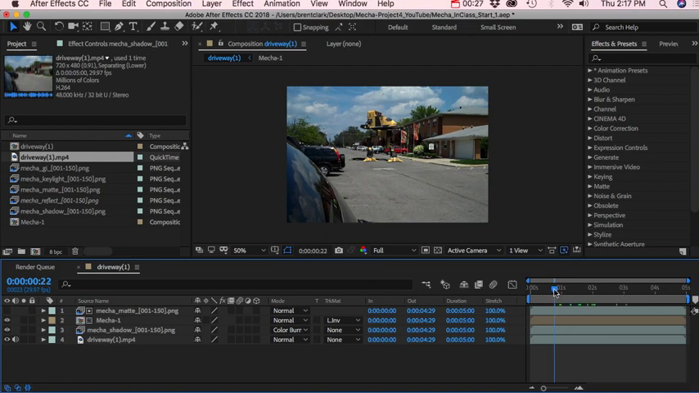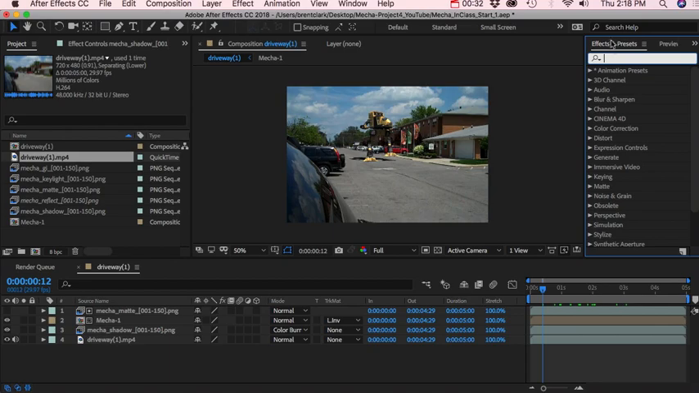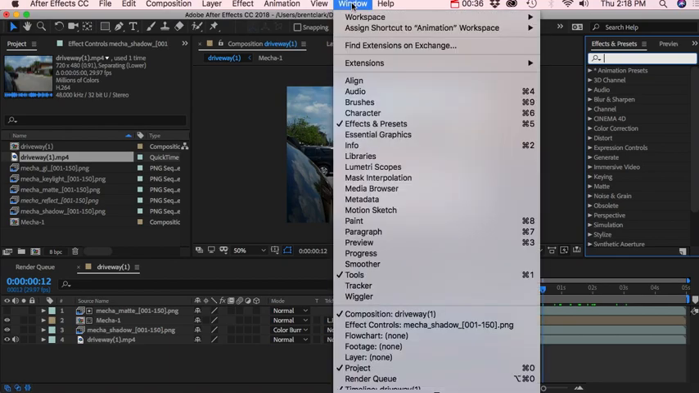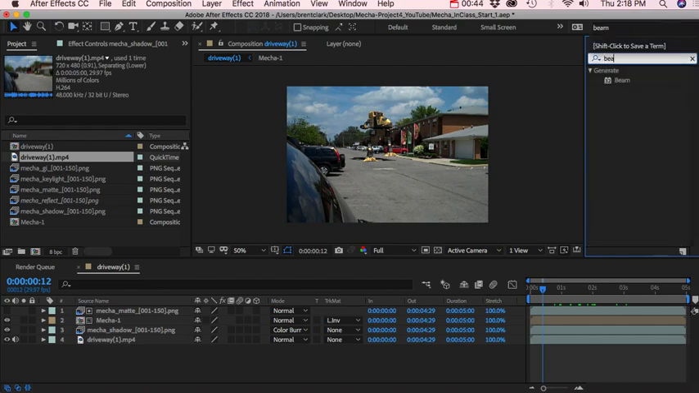So let's look at adding some laser beams. Let's go up into our Effects and Presets, which is found under Window, Effects and Presets. And over here, under the Finder, we'll type in Beam. This is the one we want, Generate, and it's Beam. So now I'm going to drag that beam